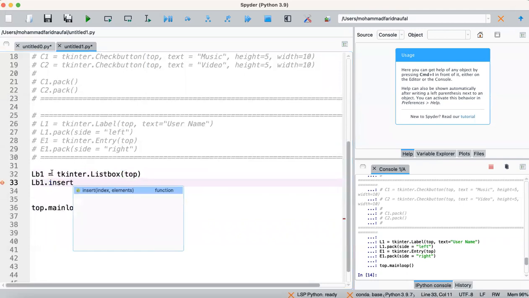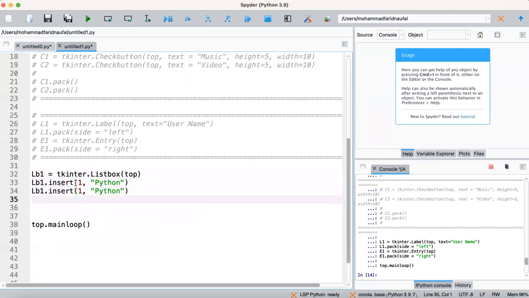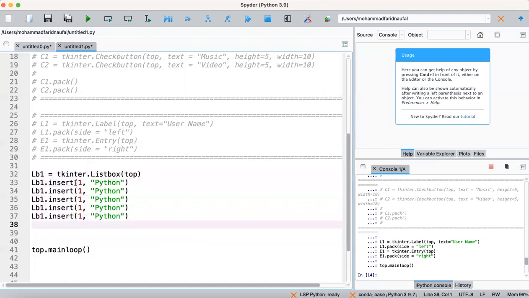One represents the first line of our list box, which will be Python here. So we can just copy this code, then 1, 2, 3, 4, 5, 6. We have 6 items inside our list box.